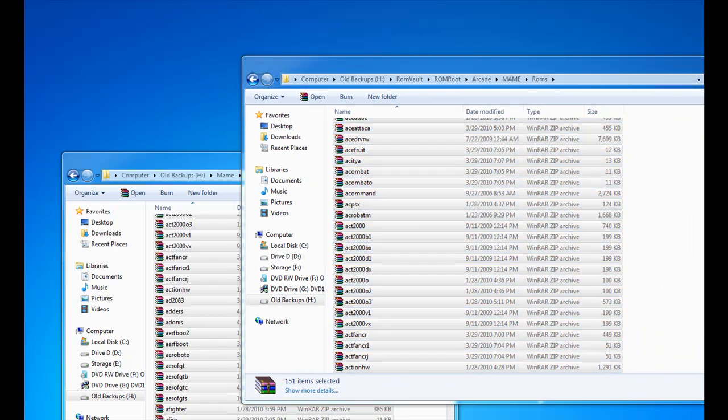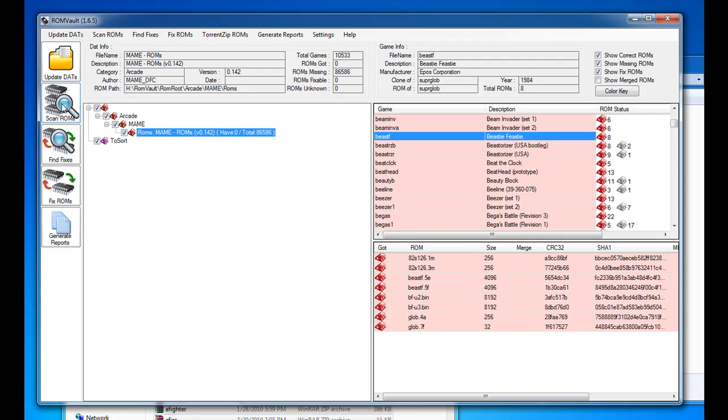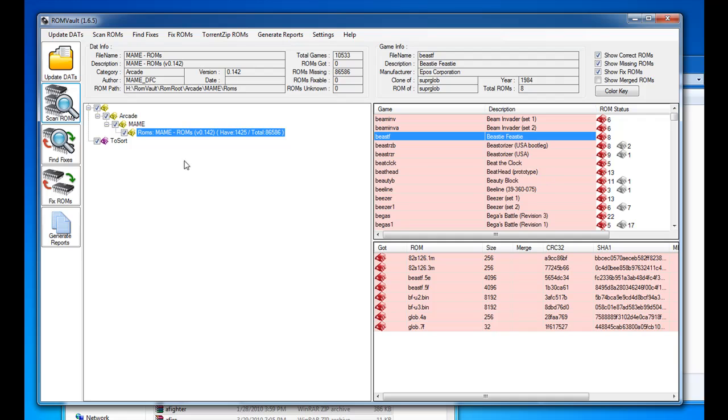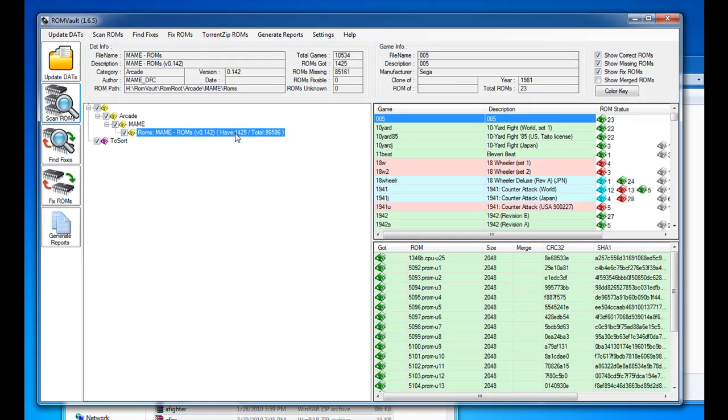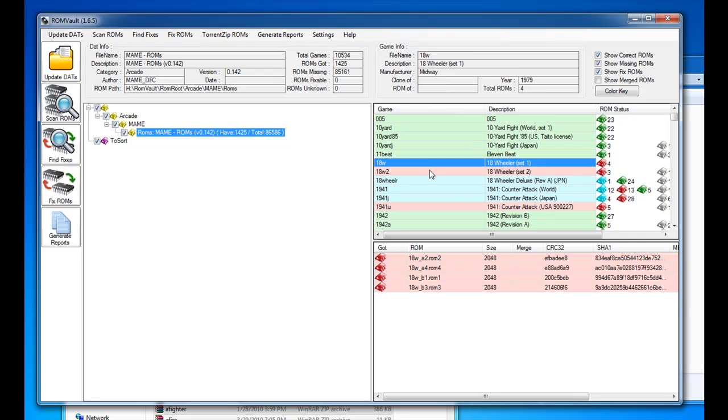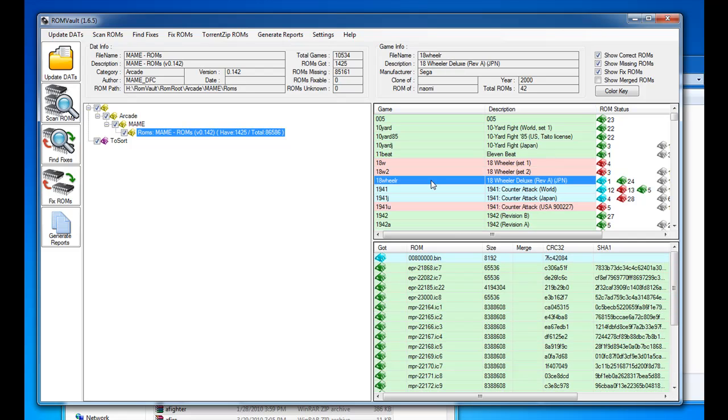So now let's get RomVault back. And if we hit scan ROMs again, it actually found those ROMs. It now says we have 1,425 ROMs, and you can see that some of them have started turning up green here. So the green ones are the ones that are complete correct sets. The red ones are ones that are still missing, and there's some here that are kind of a light blue